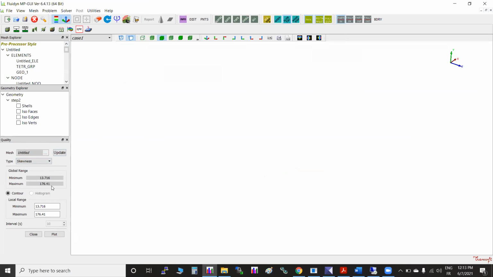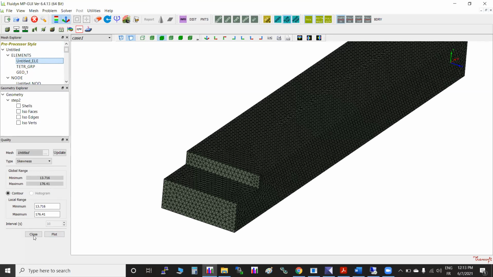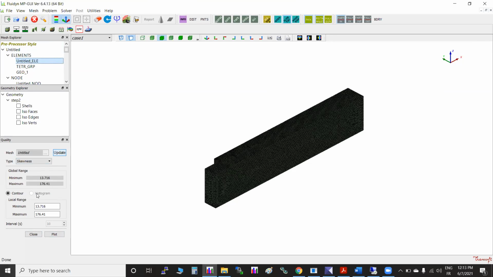Here you can see the maximum it is showing is 176. Maybe I'll show you the histogram. You plot it, I'll just check it.